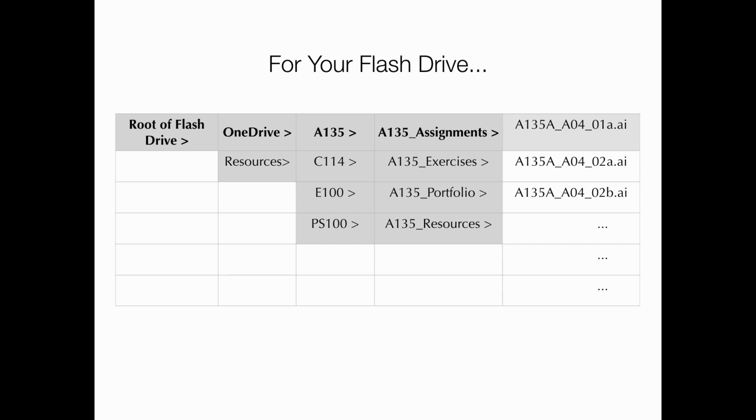So at the root of your flash drive, you'll have a folder that'll be OneDrive. OneDrive specifies the name of it. It is what it is. It's like OneDrive - Contra Costa Community College, blah, blah, blah. It's a really long name. That'll be on your flash drive, and everything that you put into that folder will end up being backed up and synced with OneDrive. So that's a good thing. Remember, you only have 25 gigs of that.